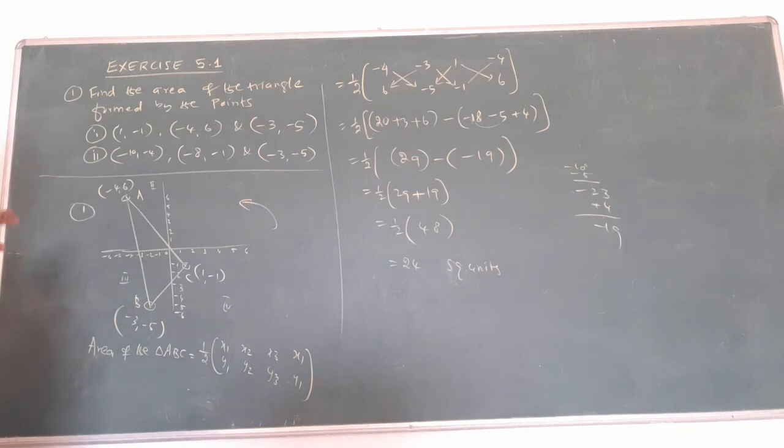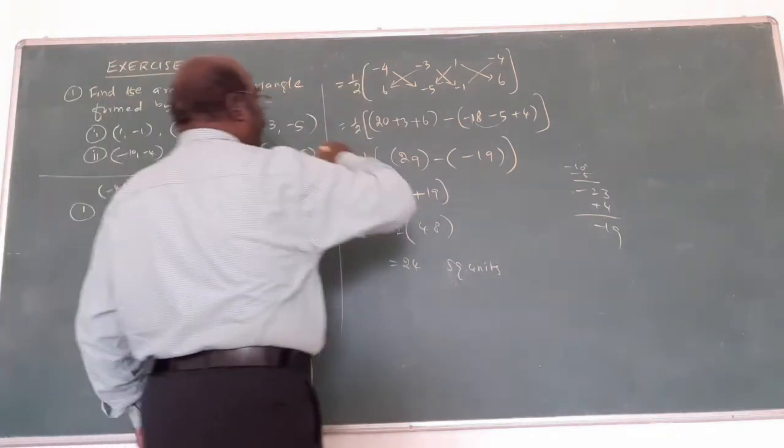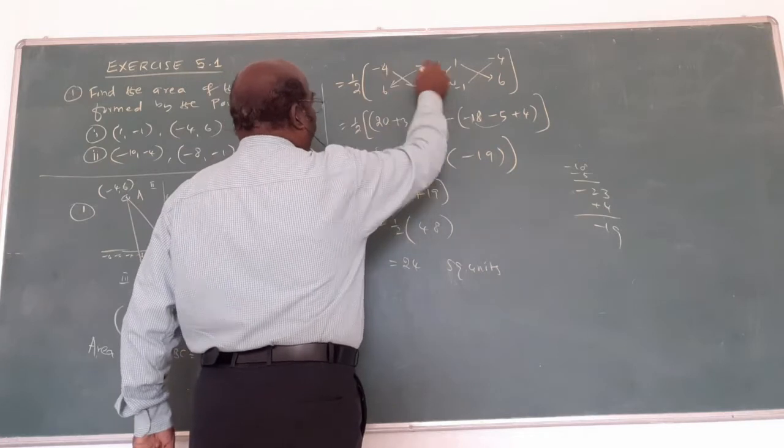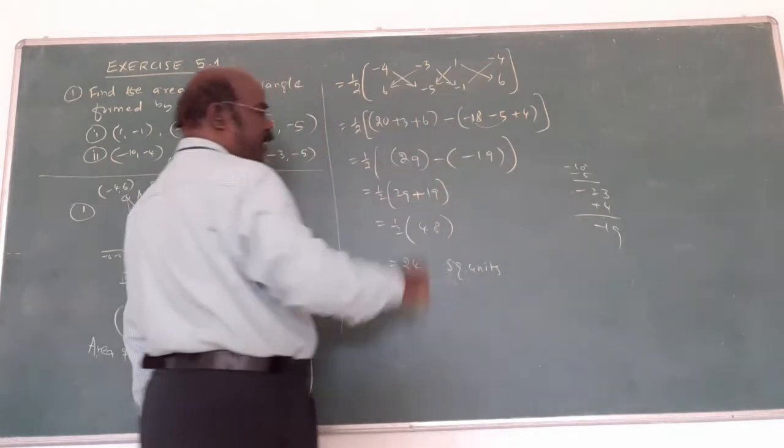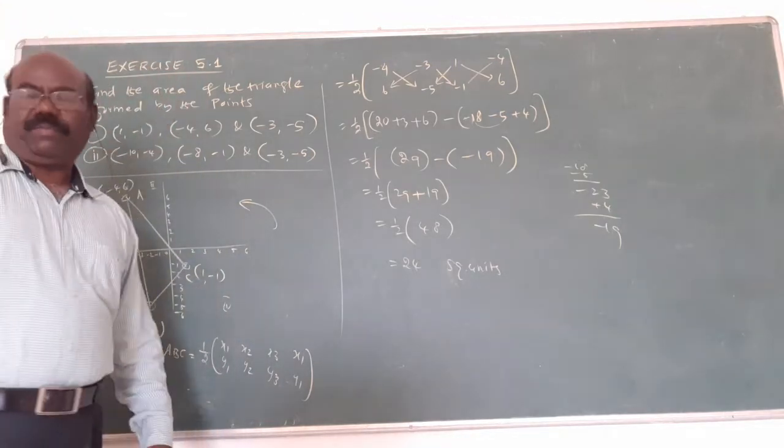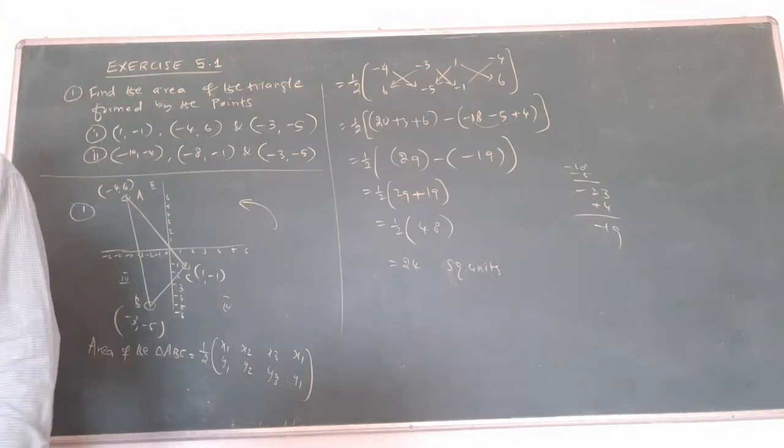Anyway, draw the diagram clearly. Put up the diagram. After that, write the formula, substitute the points, then cross multiply. Again, cross multiply this side. First one, this one. Next one, minus half this one. Now simplify, we get the answer. This type of question is an important 5 mark question or 2 mark question.